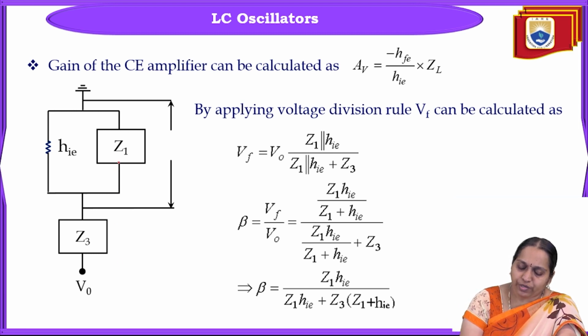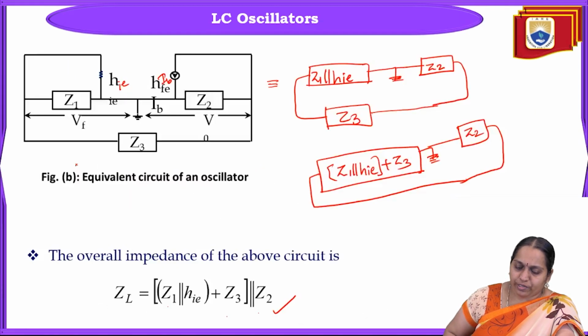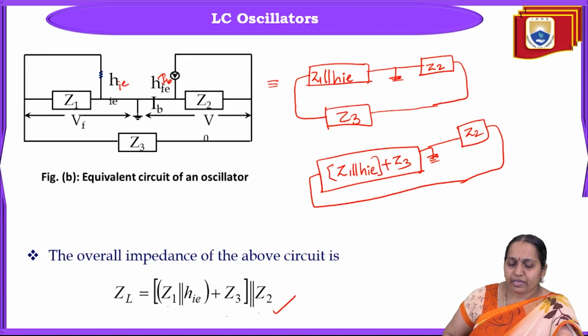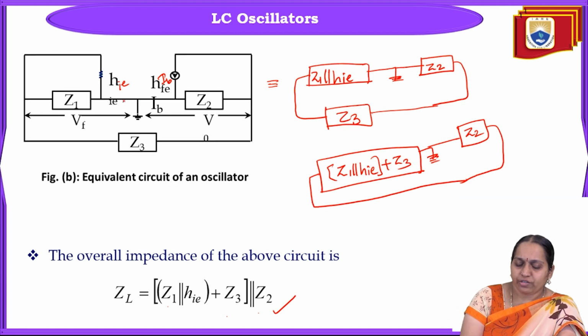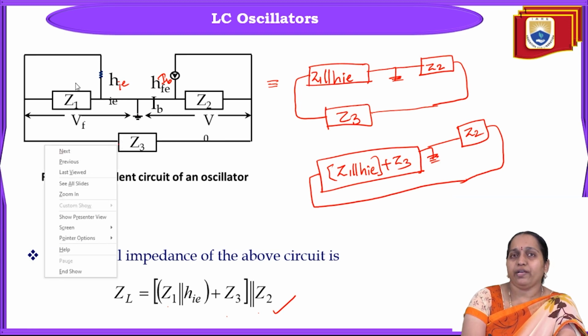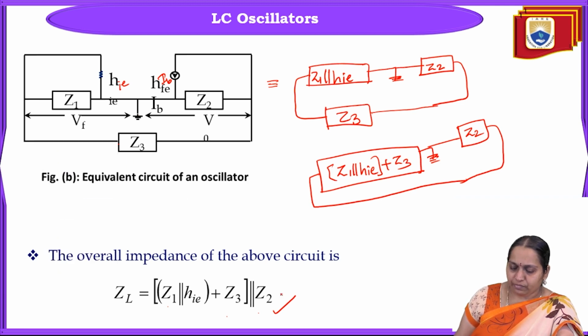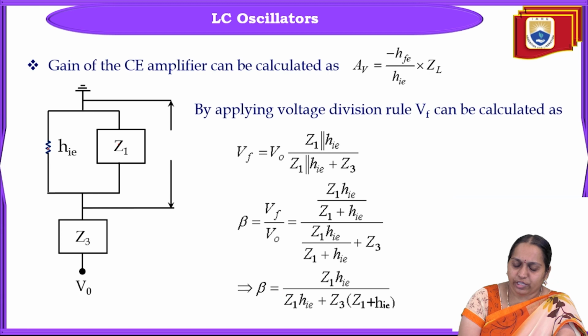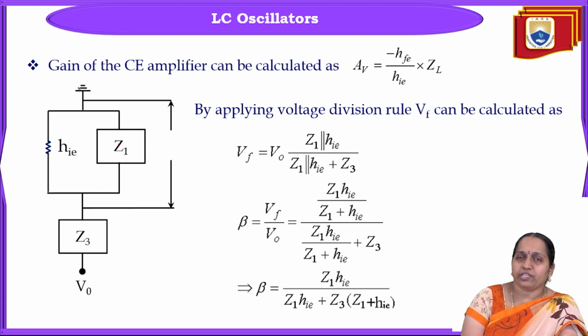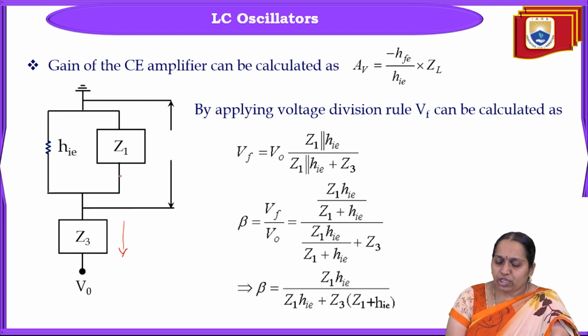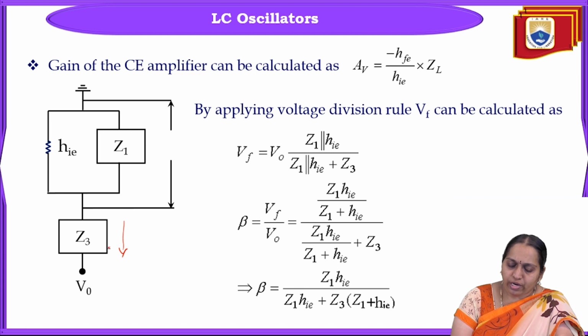something like this. Z1, hie. We will just go back to this previous figure. Z1, hie. This combination is connected across. One end of this is connected to ground, the other end is given to Z3. Okay. This Z1, hie combination is given to ground on one side and on the other side it is connected to Z3. So now you just see that by applying the voltage division rule,